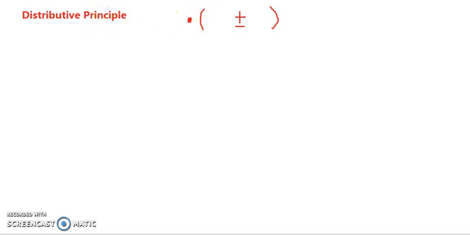So we have something, and this has to be times. We have to have parentheses, and inside the parentheses we must have addition or subtraction. And so for each pair of parentheses, if it satisfies this requirement,